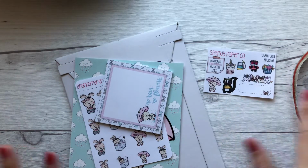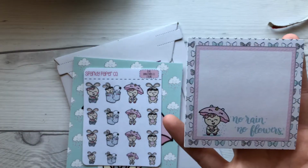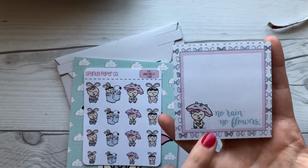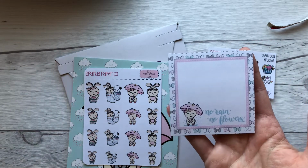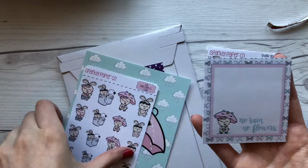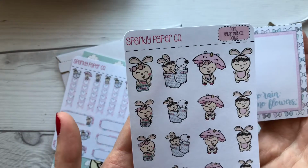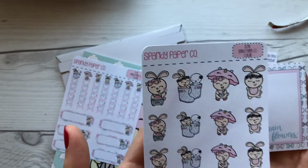This is just their generic freebie, and I am a total sticky note addict. I love my sticky notes. I always have to have them. I was quite pleased to be able to grab this, and I really want to get, before they're gone, more of the cute stickers and stuff from the Coffee Monsters anniversary, because this is the Coffee Monster and then their Sparkly Paper Co. collab. So this is the Sparkly Paper Co. half, and this was from